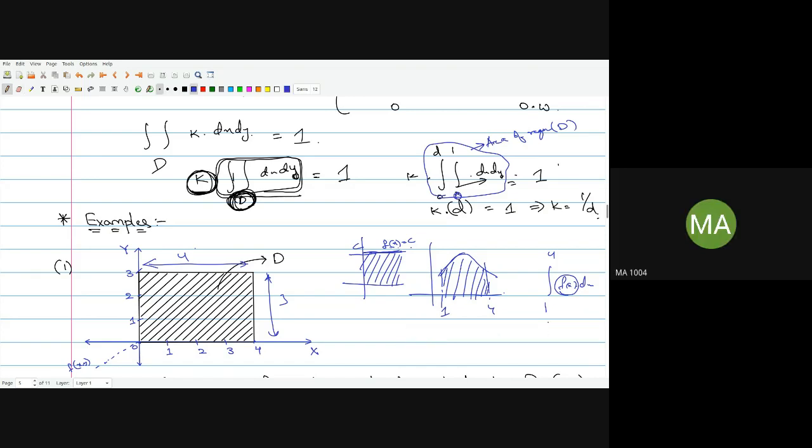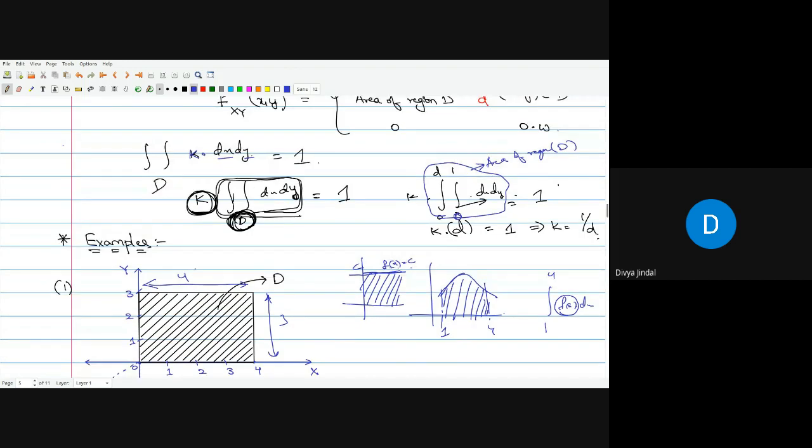Okay, so leave it until now. Just forget everything. I will just explain you. So the double integral of k times dx dy is volume. Okay. Please repeat that. So this integral of f(x,y) dx dy will be the volume under the curve f(x,y).